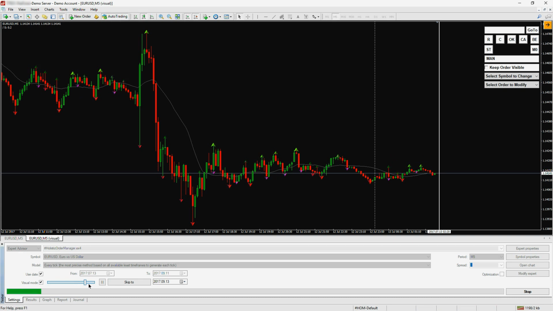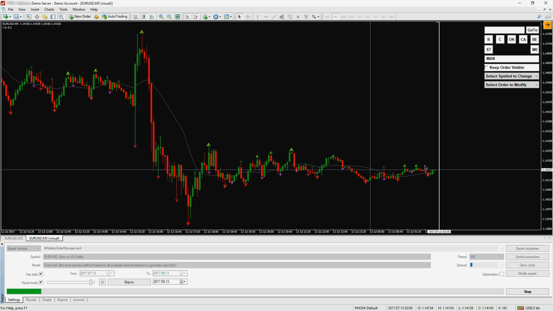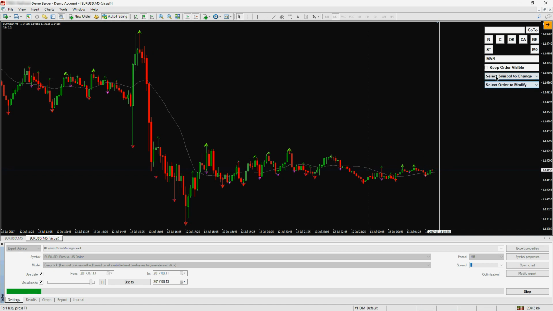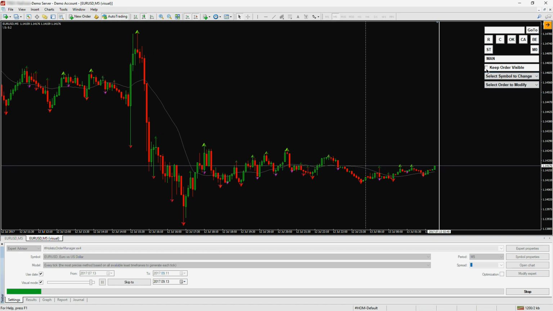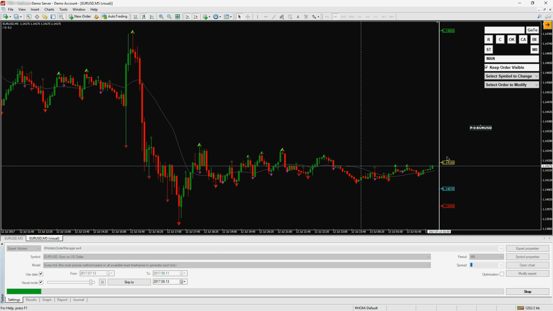Now let's speed up a little bit and see whether it places a trade, buy order or not. Here we can keep our orders visible because we're going to keep changing very frequently. So let's select this phantom order. As soon as this price goes above here, it will place two